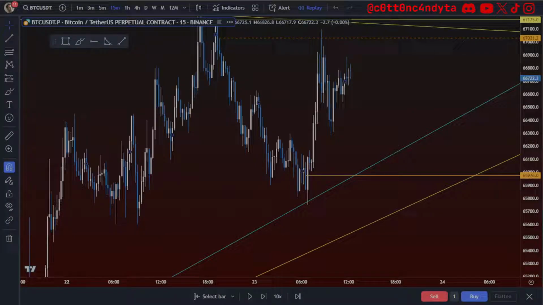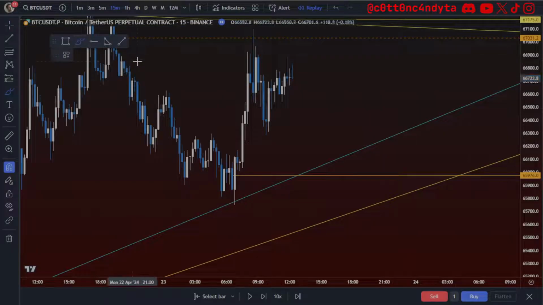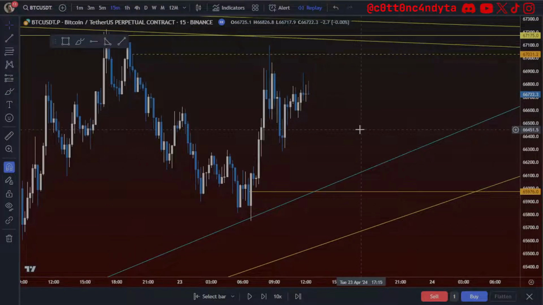So I think a really important thing to talk about here is we often have these scenarios, and I think yesterday was the perfect play out of that. We often have these scenarios where you see there's a level combined with a trend, and we're always making